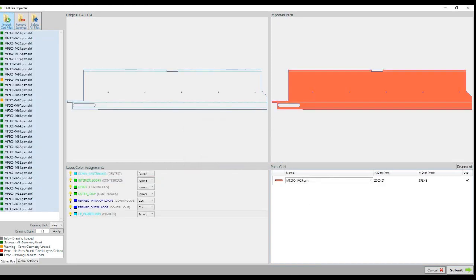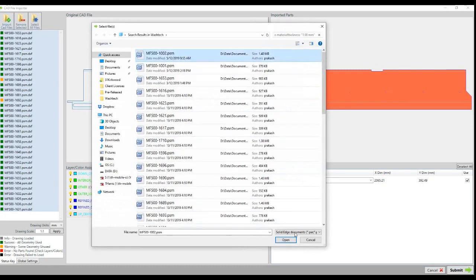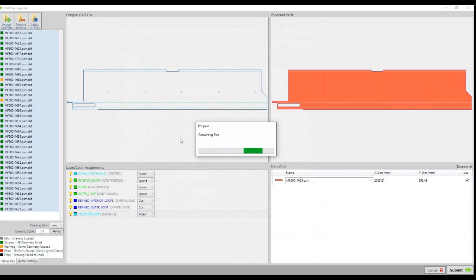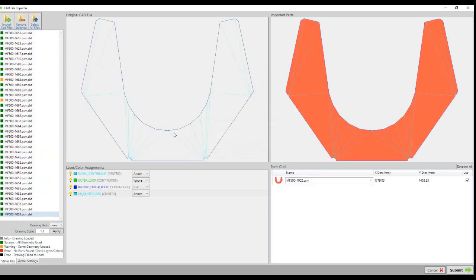Actually, I do need to bring in one additional file. Sorry, that one that I cancelled. I'll bring that one in as well. So these are the parts, the sheet metal stainless steel 1.98 millimeter parts from the WashTec model that we've been